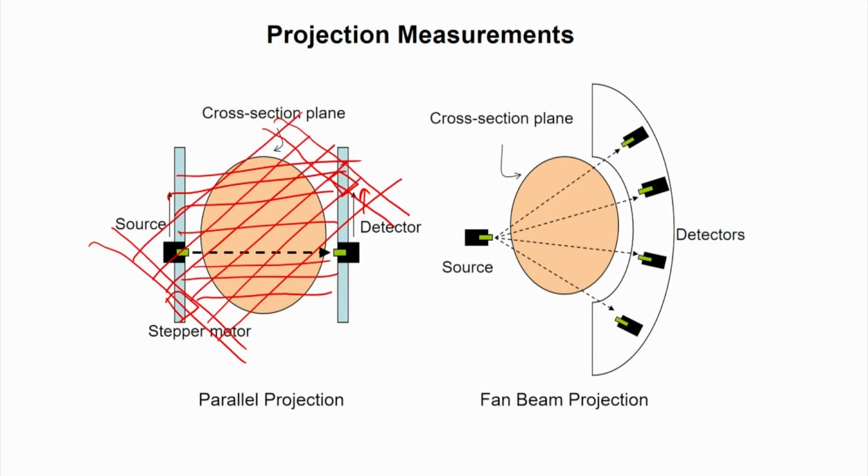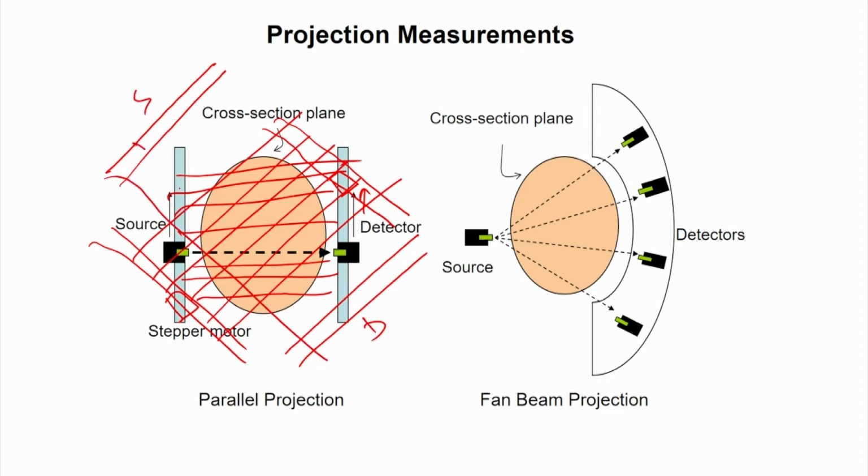And similarly, if you move further on this line, with the source and detector, okay, so this is the source, this is the detector, you will again get a line. If you keep on moving with theta, you will get different line projections, and if you solve all these equations together by using a suitable reconstruction algorithm, I am not going to discuss those algorithms in detail,